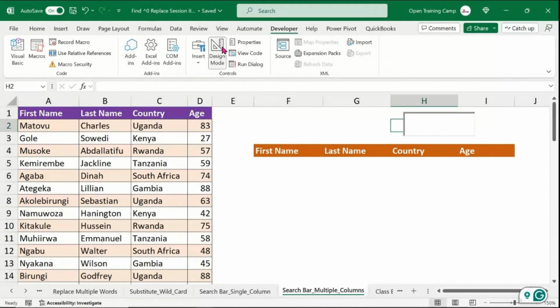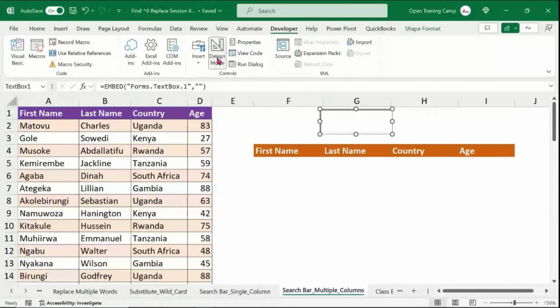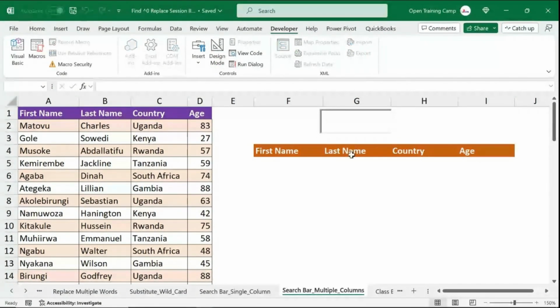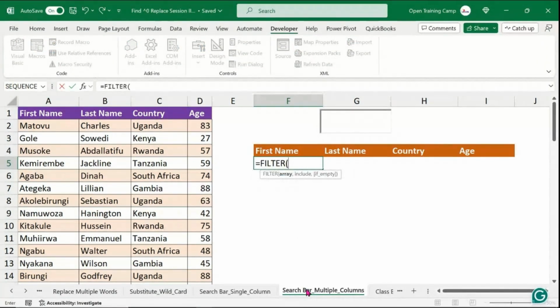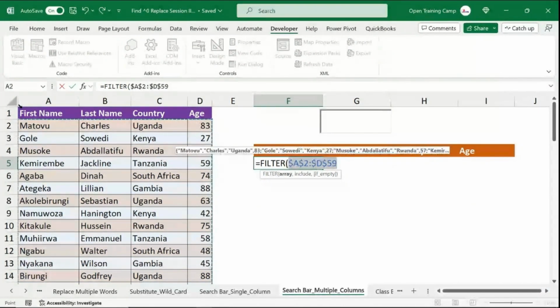I'll go back to the design mode and carry it back to the cell address. Now I'll exit the design mode and start punching in things like so. Now you can only see what is in the text box, but again, there is another value that is replicating in G2. Now we come here and start writing our filter function. I'll say equals filter. I want to filter this entire table like so. So I highlight the entire table and fix it. And inside my include argument,